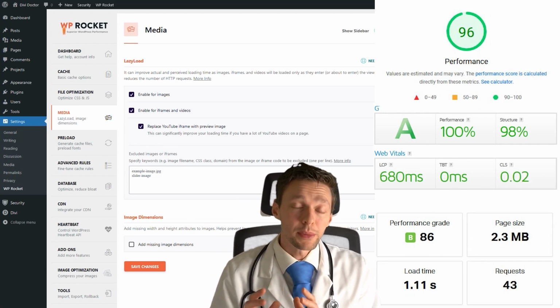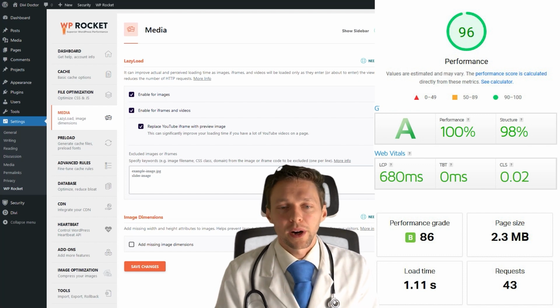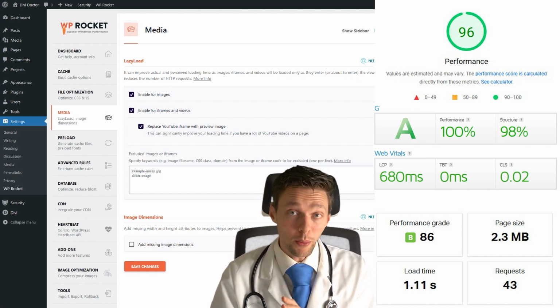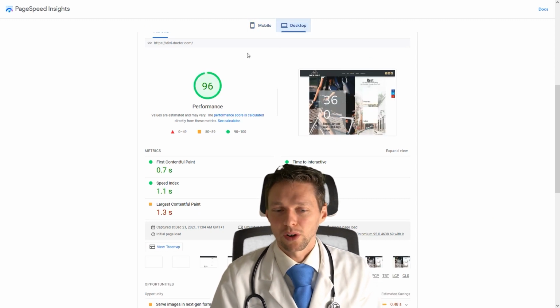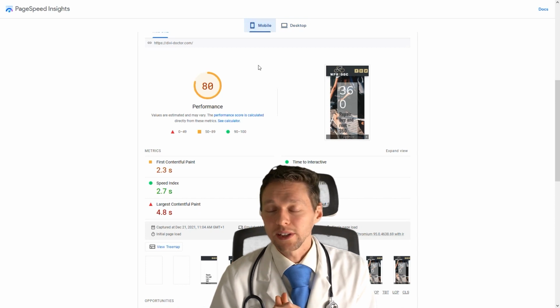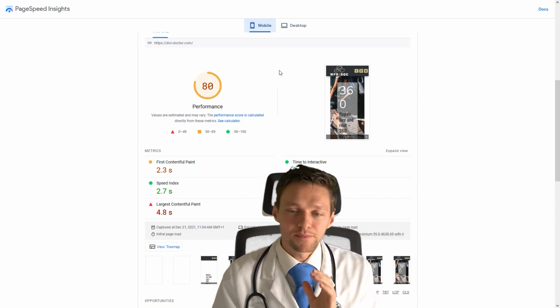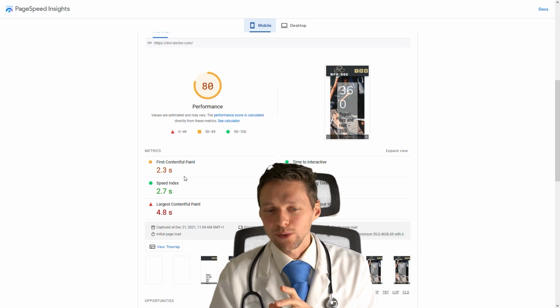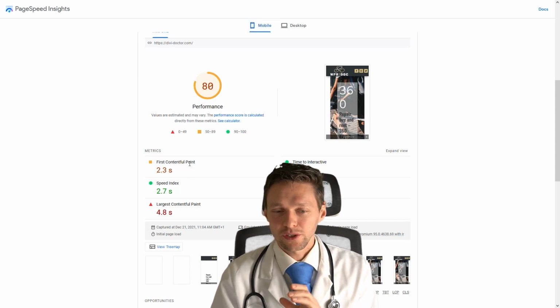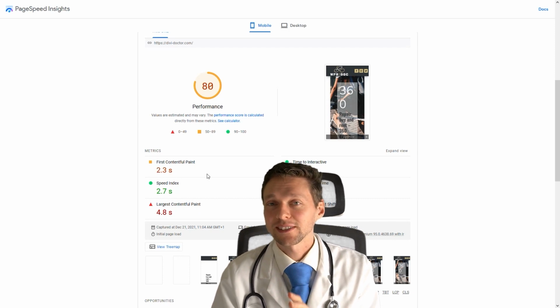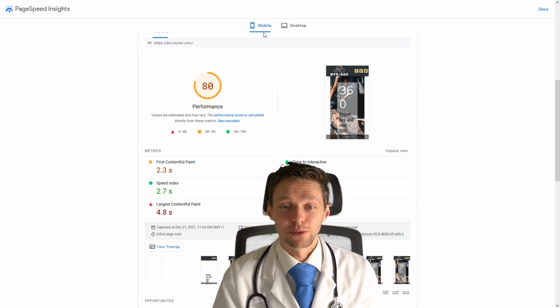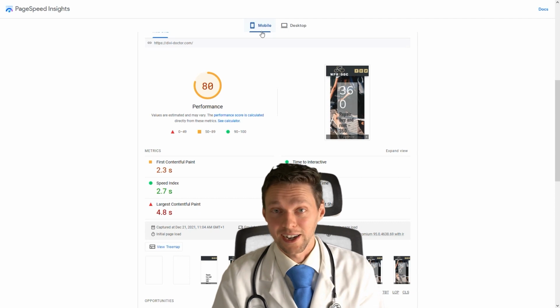Well, that had some impact on the scores, not very much, but it had some impact on the mobile scores. Because as you see right here, the desktop is almost already maxed out, but the mobile score is only at 80. Why is that? Well, we're gonna analyze this later on, but first Contentful Paint really does a bad job right here. So we're gonna fix that later on in this video to get your mobile scores also really high.